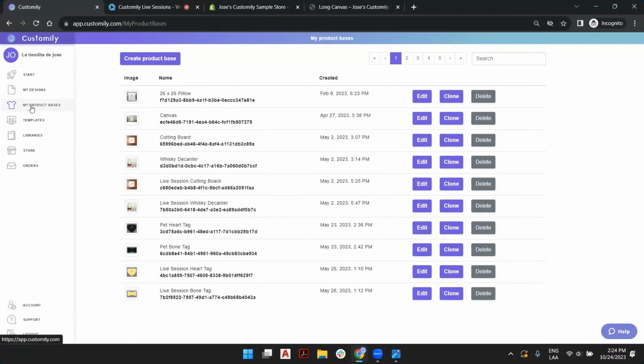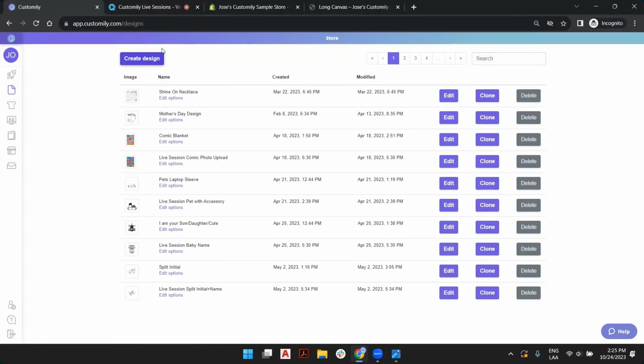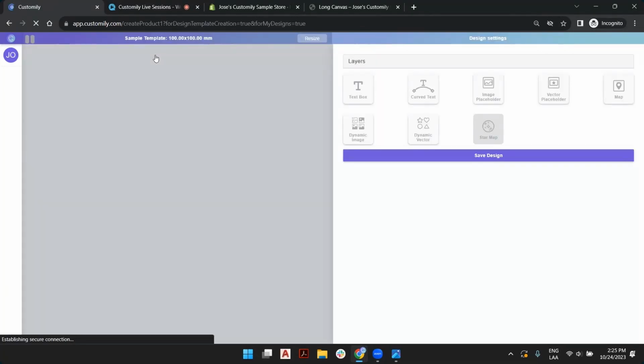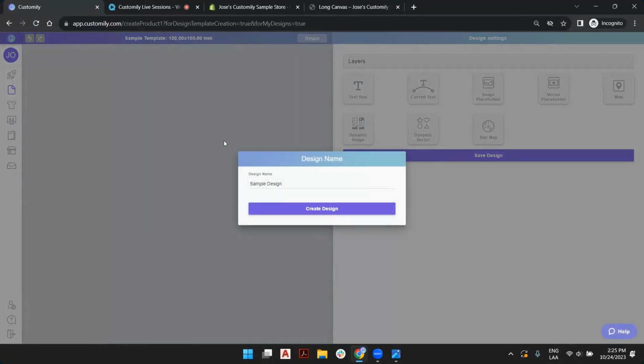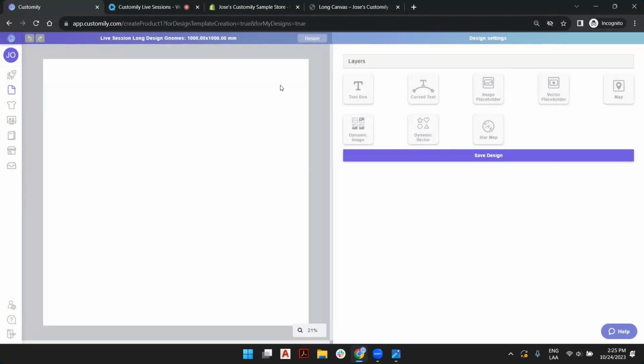So right now I'm in the product base collection. I can pick on the My Design collection, and if this is empty, I just create a new design. This is our design studio, and we're going to start with a name, the live session design Christmas. Create a design. By default, our design studio has a square canvas, a pretty big square canvas of 1 by 1 meter,